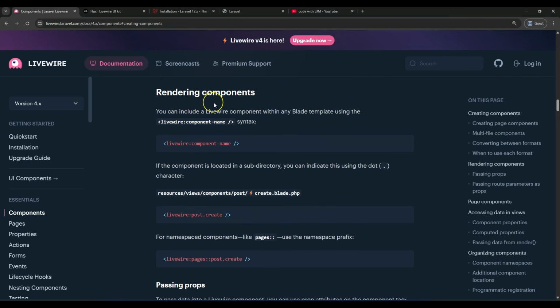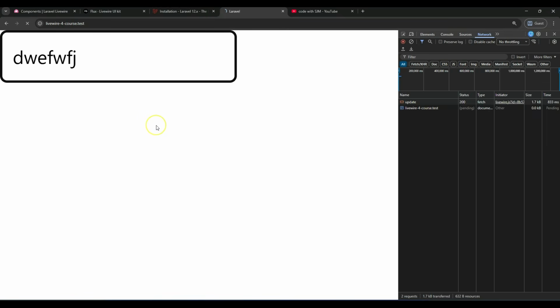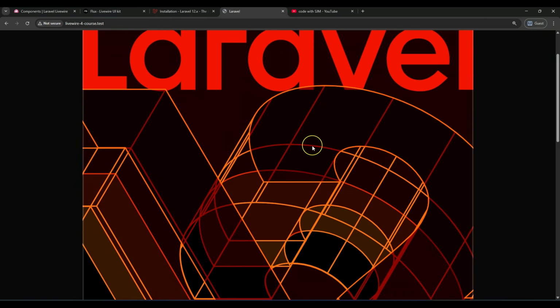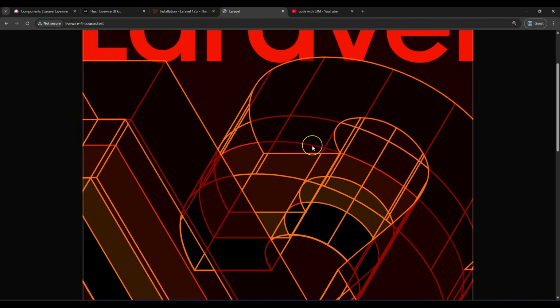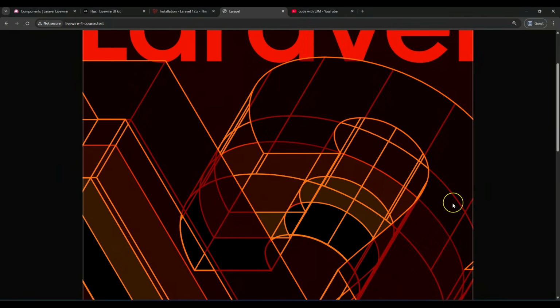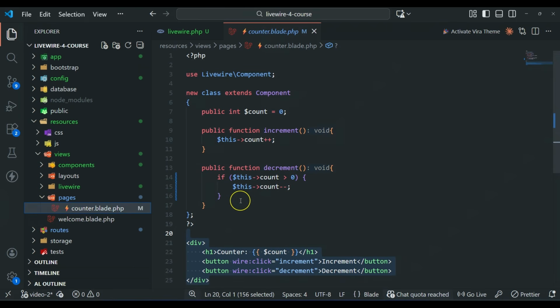So when you want to render a certain component in another blade file, instead of just creating a full page component like this one, for example, when you go back to the welcome page and you want to render a certain component here, what you can do, let me just go back. Let me zoom back here. So here, for example, you want to render the component on this page. So what you can do is just go to the